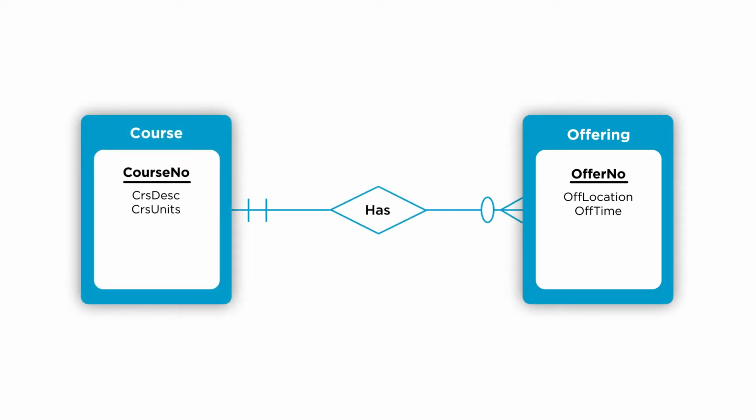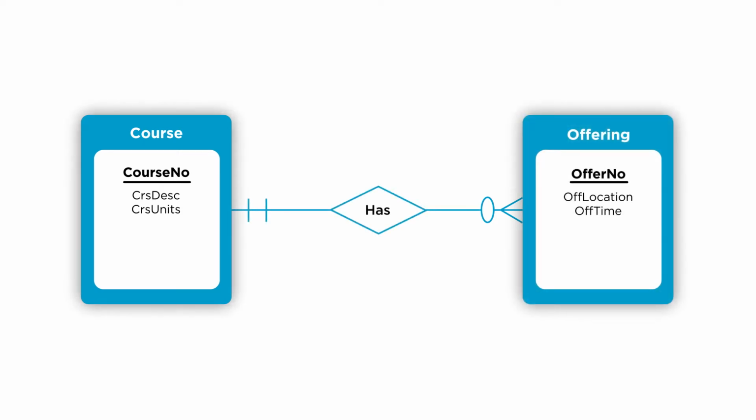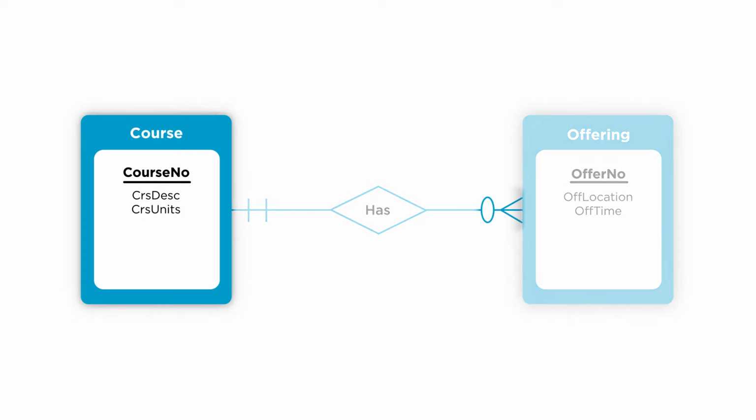Now, on the other side of the relationship, we have that each course can have potentially 0 offerings, which is the minimum, and each course can also have many offerings as the maximum. So notice now the representation is of minimum cardinality of 0 and maximum cardinality is many, following the Crow's Foot notation. Pay attention to the pattern. When we are creating the diagram and we are specifying the relationship, we are always looking at the symbol on the other side of the relationship.